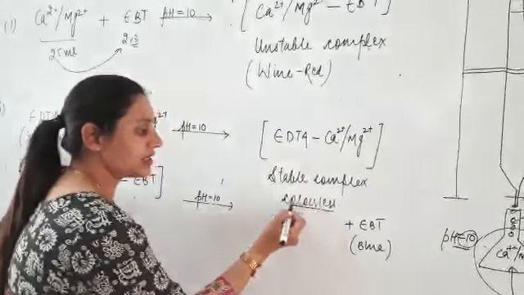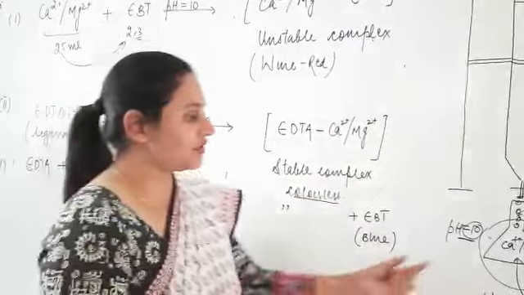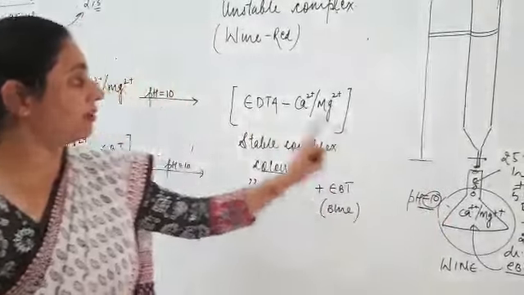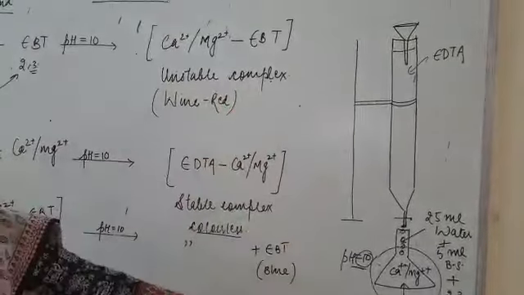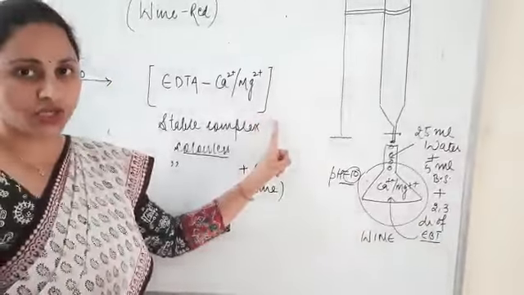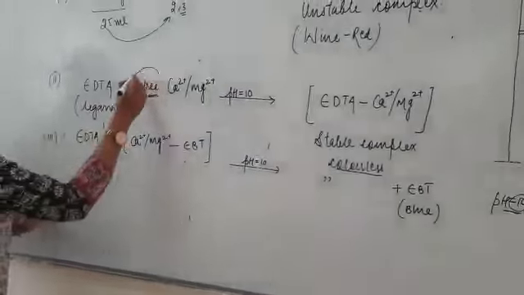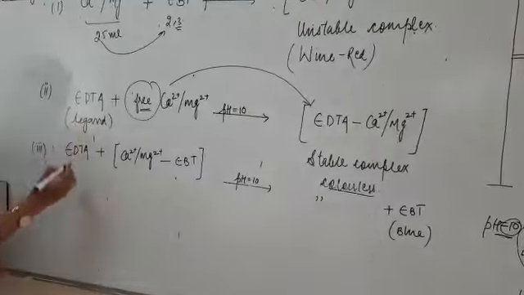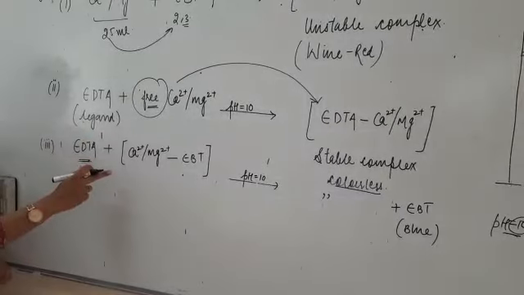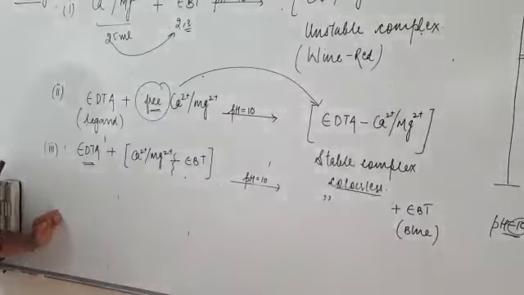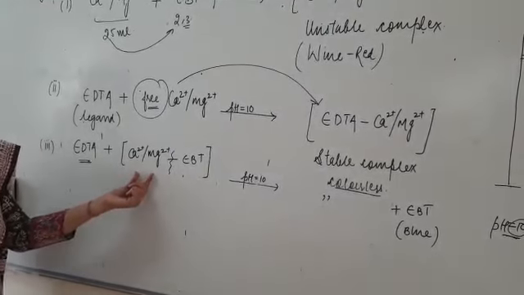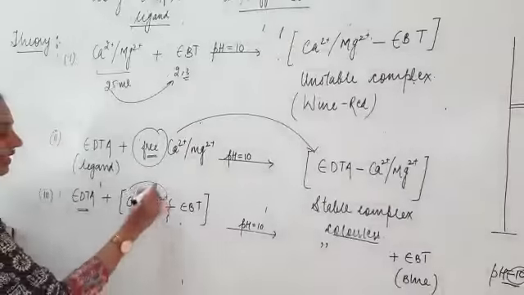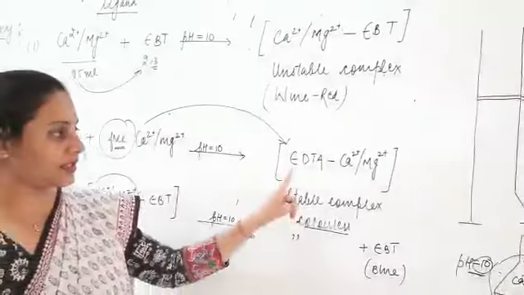So EDTA will first grab the free cations available to it at pH 10 and will form a stable complex. This complex is colorless in nature. But in the conical flask we will still get wine color. Why? Because this is a colorless solution and in this flask some wine red unstable complexes are already present. So we get wine color till this stage. Now when all the free metal cations are grabbed in complex formation, then the last drop of EDTA will break this weak complex. So the indicator and metal cation complex, which was unstable, will be broken up and finally these cations will again form a stable complex with EDTA.